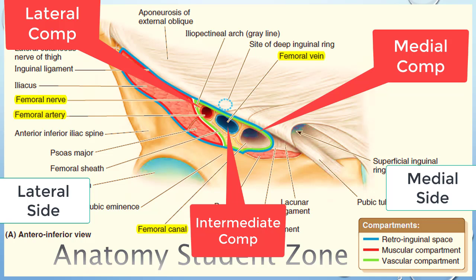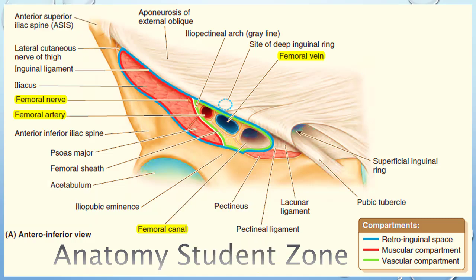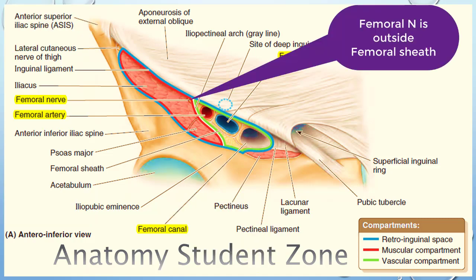So the femoral artery, as it enters the thigh beneath the inguinal ligament, occupies the lateral compartment of the sheath. It means the artery is the lateral most. The femoral vein, when it leaves the thigh, is medial to the artery, and in the femoral sheath it occupies the intermediate compartment. So the artery is lateral, in the intermediate compartment we have the femoral vein, and the lymph vessel occupies the most medial compartment. The femoral nerve doesn't occupy the femoral sheath, so it's not a content, as already described.